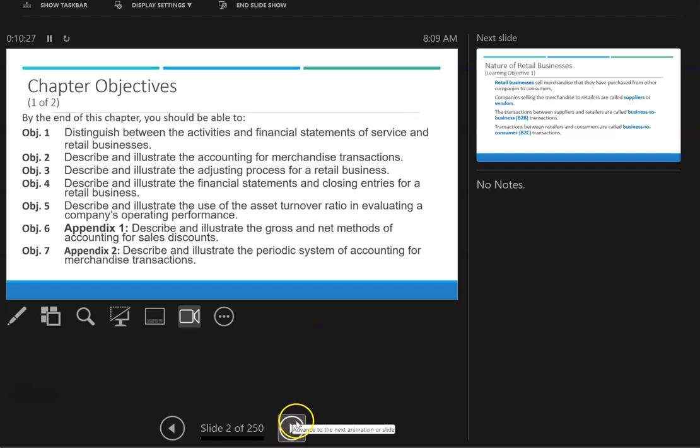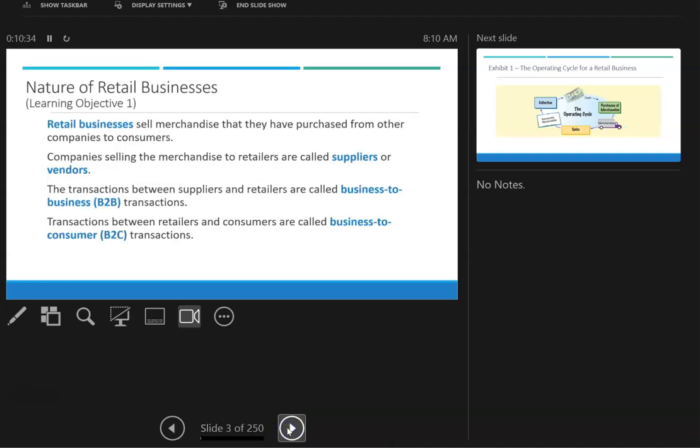Those are all retail companies. And with the retail company, they sell products, goods. And so with selling those goods, they have purchased merchandise. So retail businesses sell merchandise that they've purchased from other companies. Companies selling the merchandise to the retailers are the vendors or suppliers. The transactions between the suppliers and the retailers are called business-to-business transactions. Sometimes we call it B2B, business-to-business. Transactions between retailers and consumers, which are what you and I are sometimes called business-to-consumer, B2C